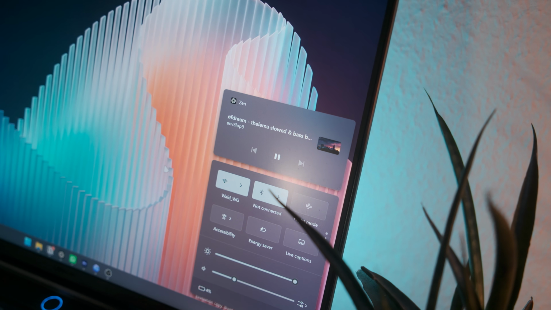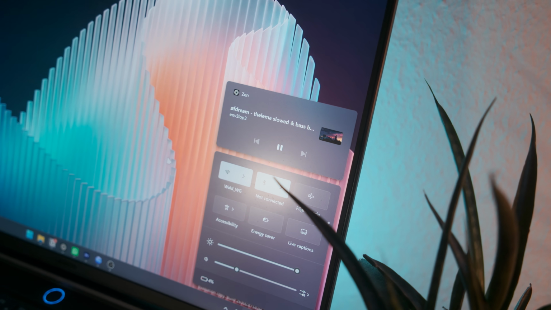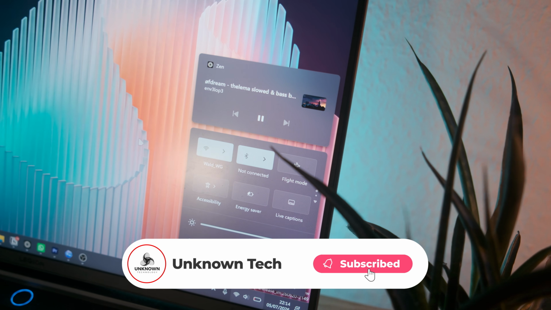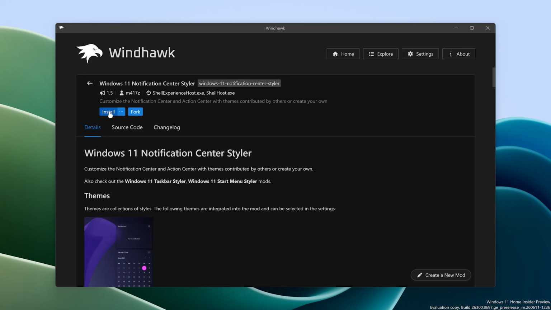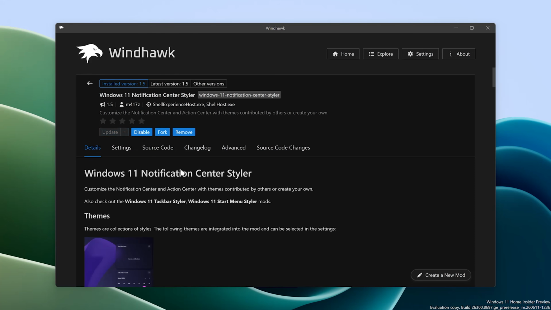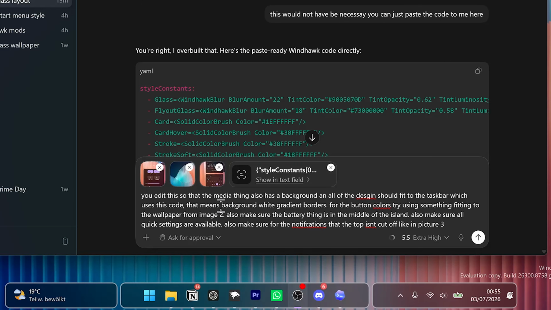Now we only have one missing piece left of the Windows UI, the notification menu, so let's also try to make it look stunning with AI. For this, there is also another Windhawk mod available again, so let's hit install and ignore the warning again to get it installed. As we learned from the last attempts, let's directly give Codex a clear visual direction and some reference code this time,